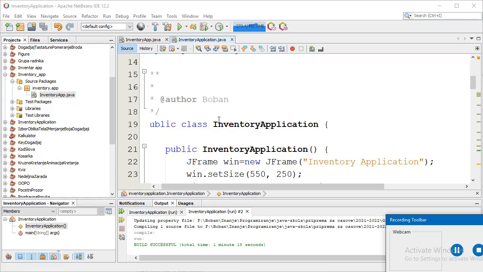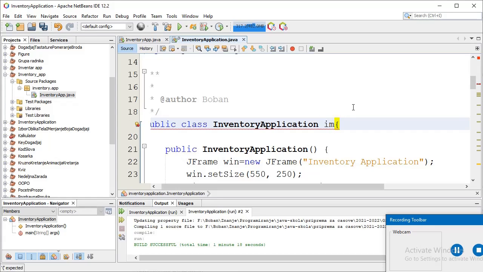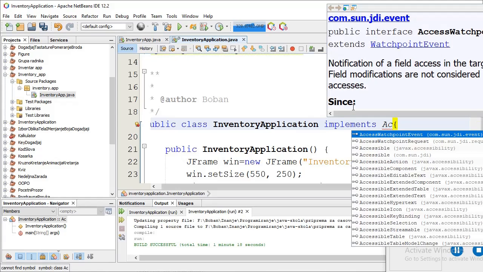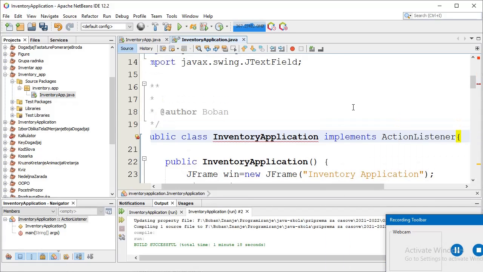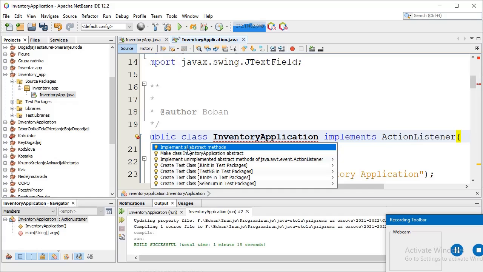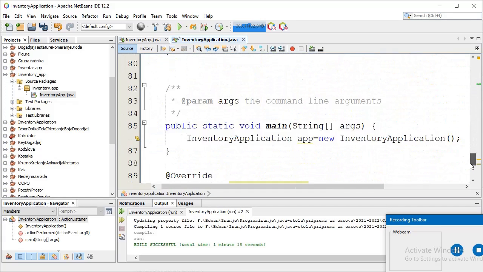To do this, let's first connect our application with the interface ActionListener, and implement all abstract methods. Let's look.